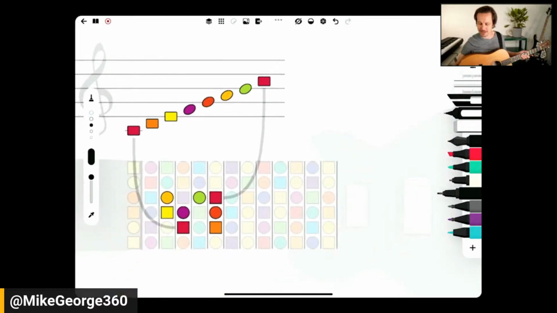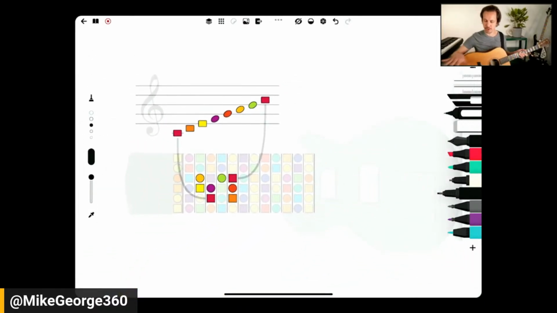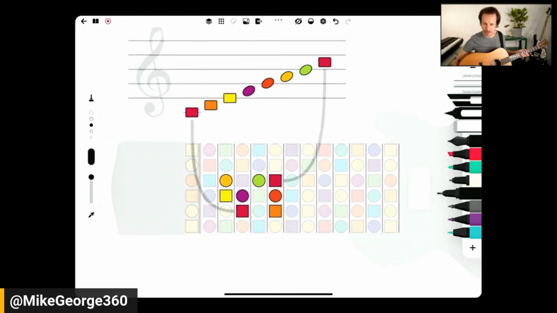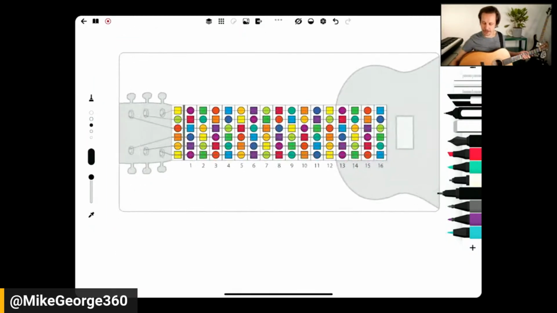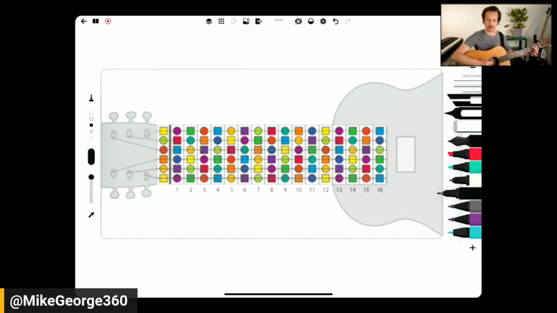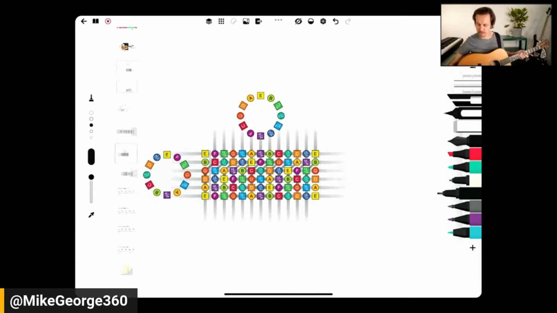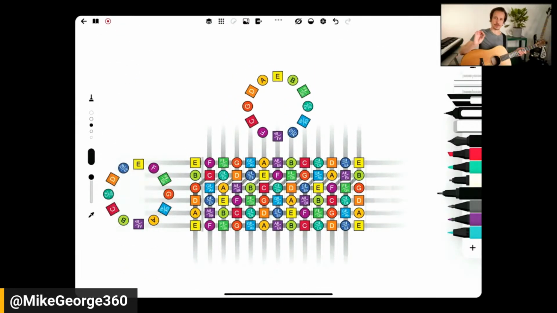So let's move past it and see that, okay, you can see how in notation there's a one-to-one correspondence between the fretboard and the staff lines. If we simplify the diagram here, the guitar is a little faded out on the screen maybe, but really what matters when it comes to theory in the left hand, and we're still focusing on the left hand here before we get into strumming, is that there's a method to the madness, that instead of trying to rely on staff lines to understand the fretboard matrix, which is really this beautiful intersection between fundamental patterns, the circle of fifths and the chromatic scale, which I talk about in other videos,